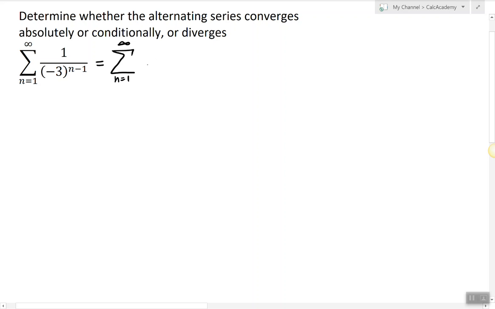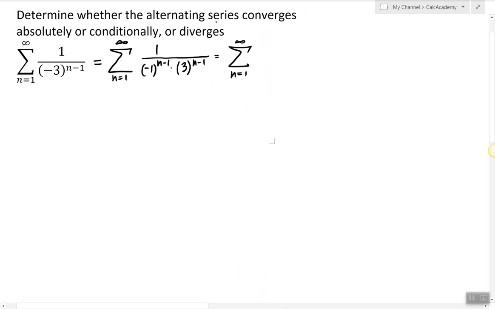Here we're going to take the -1 to the power n minus 1 out by using the properties of exponents, and the reciprocal of 1 or -1 to any power is just the expression itself. So I can rewrite this expression like this: -1 to the power n minus 1 times 1/3 to the power n minus 1. So now it is clear that we have an alternating series, and if we would like to use the alternating